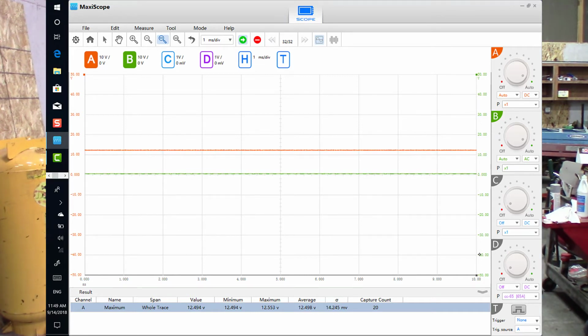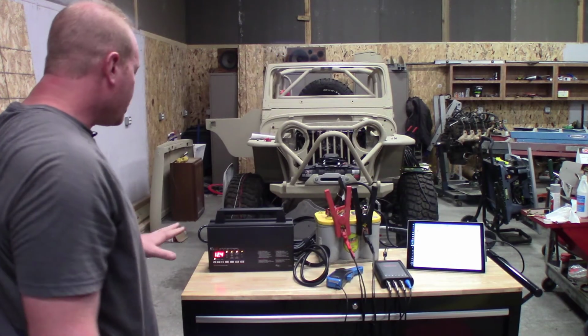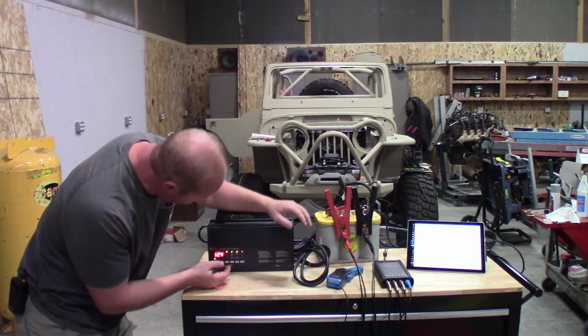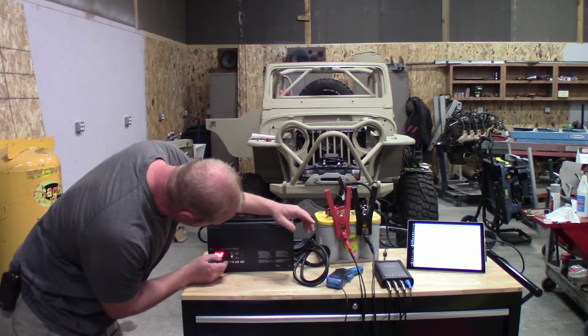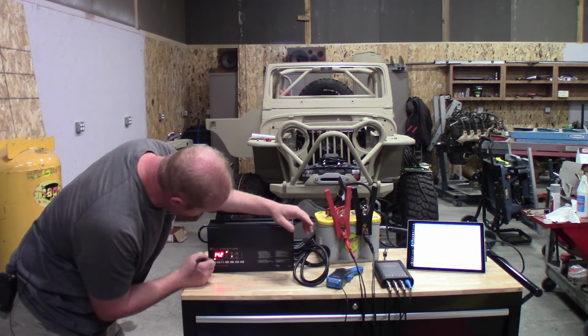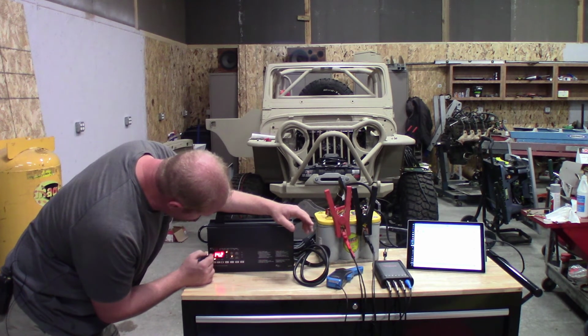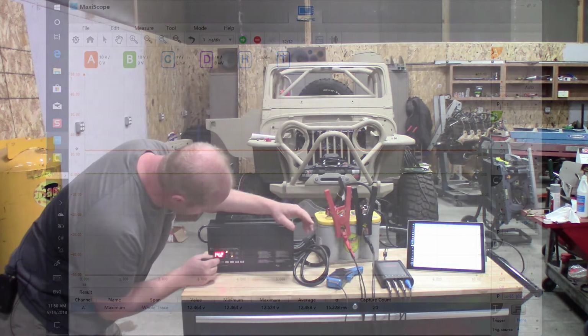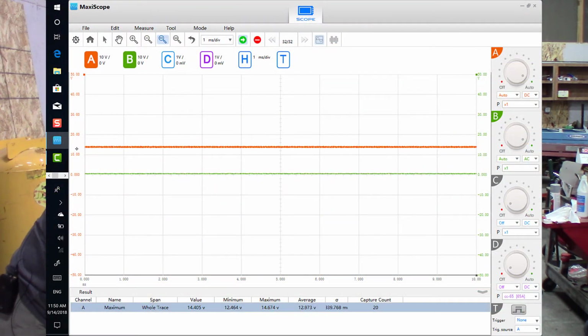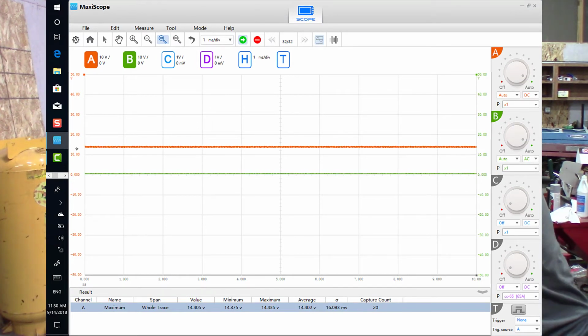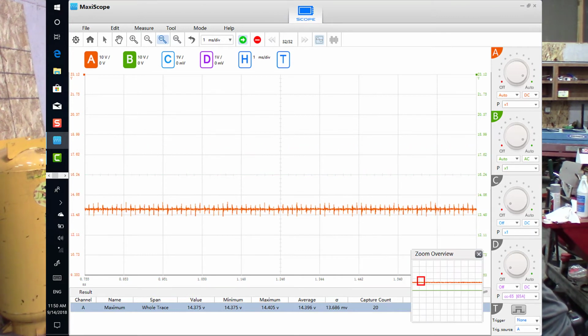So currently you can see that my battery voltage is right at 12 volts, 12.4. No problem there. So we're going to go over to the Schumacher stable battery supply. We're going to take it down to mode, and we're going to go to flash programming. We're going to take that voltage, look at that, 14.2 volts. As soon as I say go, we can see the voltage instantly change on our scope. So now we're at 14.2 volts on our power supply, and let's zoom in here and see